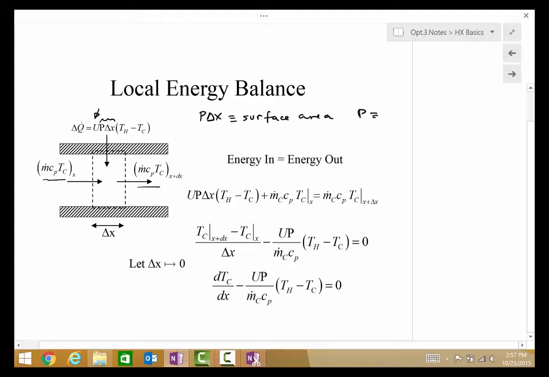where of course P is the perimeter, so we're working in a tube or pipe system, and TH minus TC is the overall temperature difference across. So just using our energy in, energy out formulation, our energy in is the convective transfer, Newton's law of cooling, plus the convected bulk transfer of enthalpy in through the control surface at location X. And the rate of energy out is the stuff that flows out at X plus delta X. So dividing by delta X,